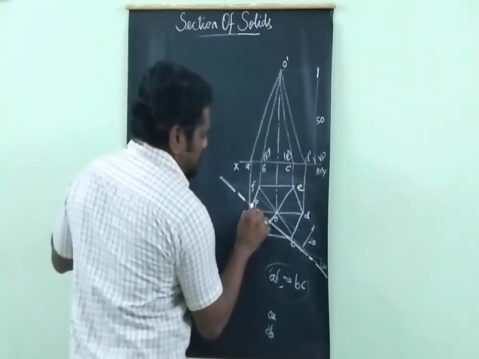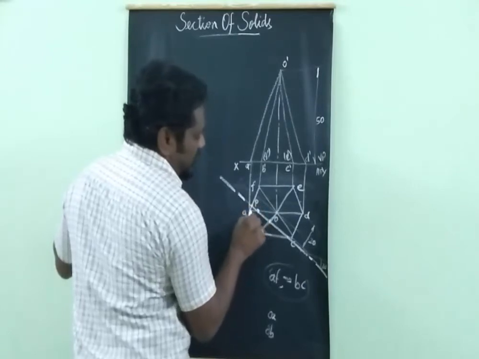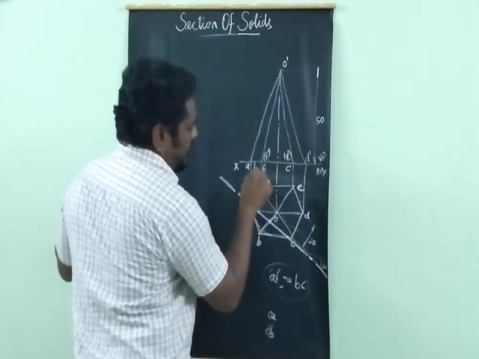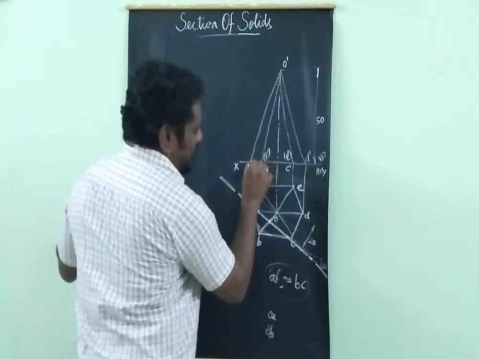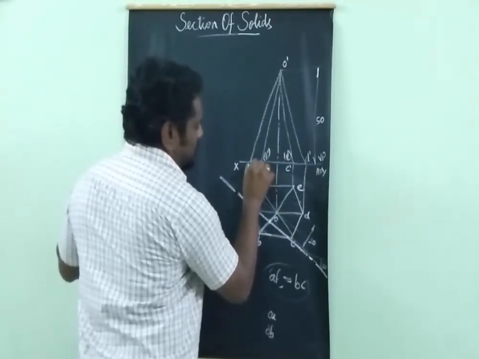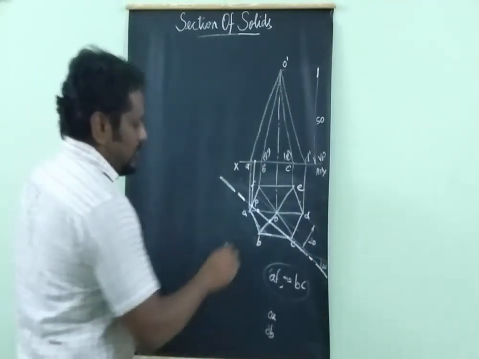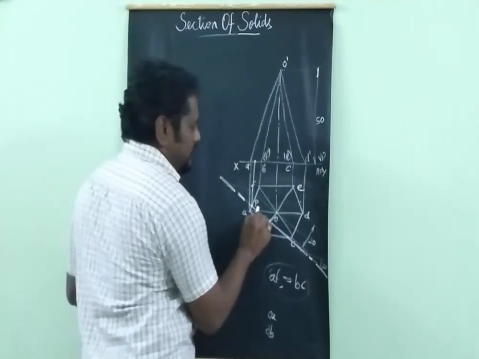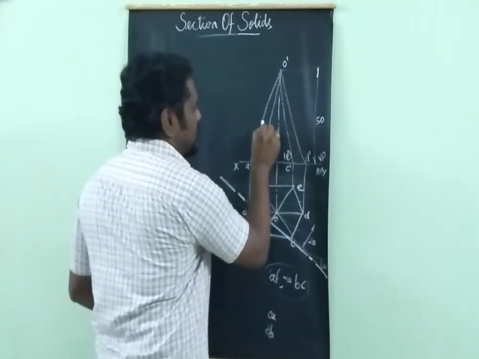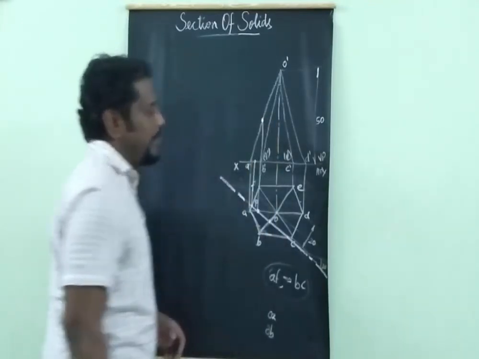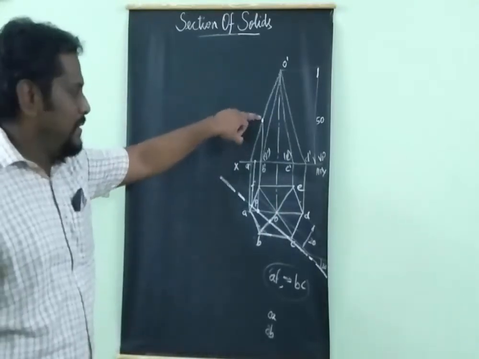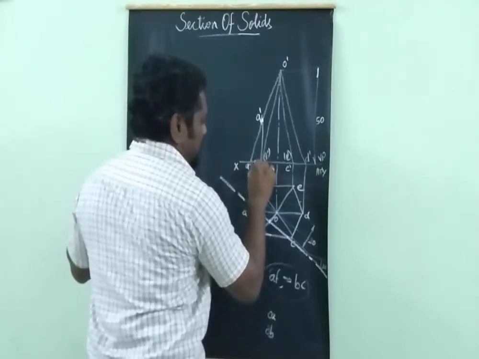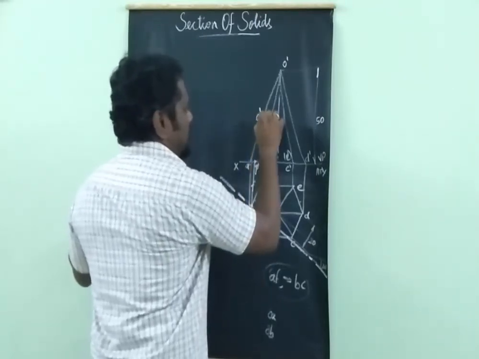So just project this point P up to point AF. This is your AF line. So here the point P will come. So here one point will come. Again, this point has to be transferred to the line OA. Like this point has to be transferred to OA. Here another cutting point will come. So make this point as Q dash. This point as P dash. This point is P. This is my Q point.